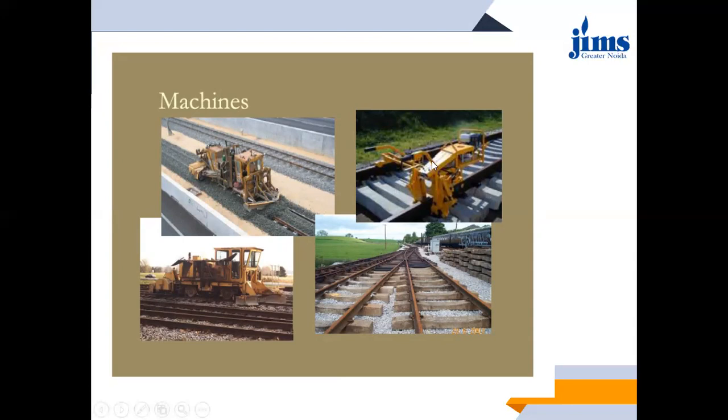Second one is a machine which is used to position the sleepers basically. Third one is again the side view of the first machine, and the fourth image is showing the sleepers along with the ballast cushion. So the ballast cushion is done first, then the sleepers are placed, then the rails are placed, fastening is done, and after that packing and boxing is completed.